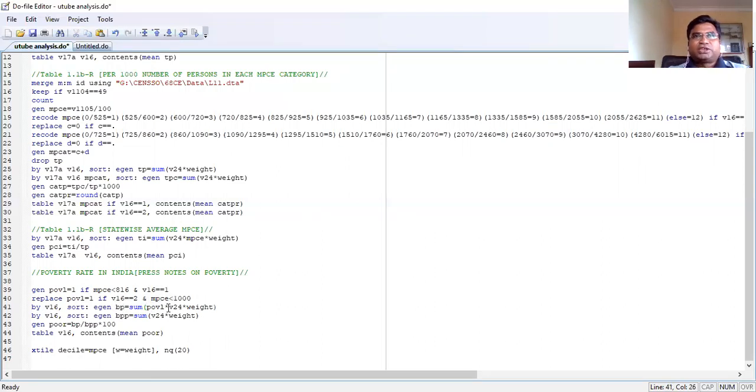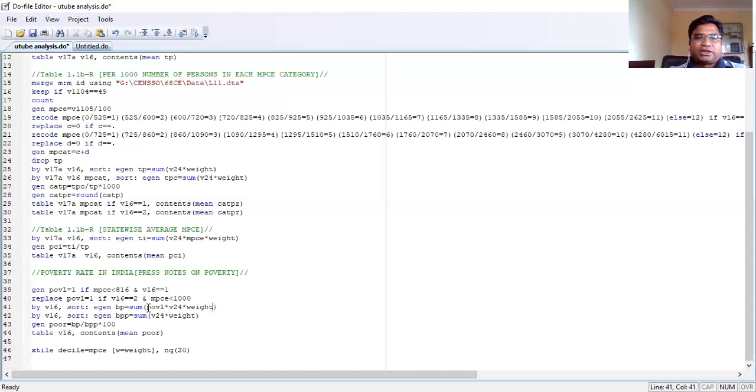See, if in a household one person is poor, that means the whole household is poor, all household members come into that category poor, right? So that means I need to first multiply poverty line with V24, right? So I get to know how many. See, V24 has a positive number. POVL, that poverty line, has either a value of 1 or 0. So whenever you multiply these two numbers, those which are 0, that is non-poor households, won't come in the calculation even if I do the sum. And thereafter I multiply with weight.